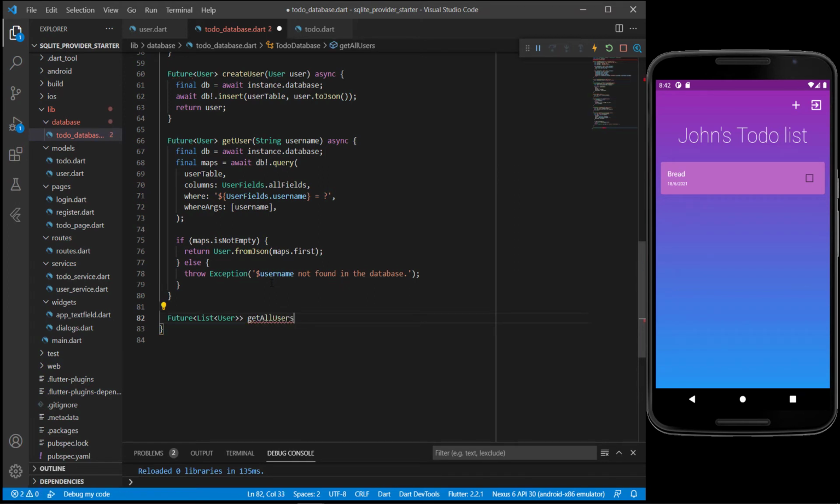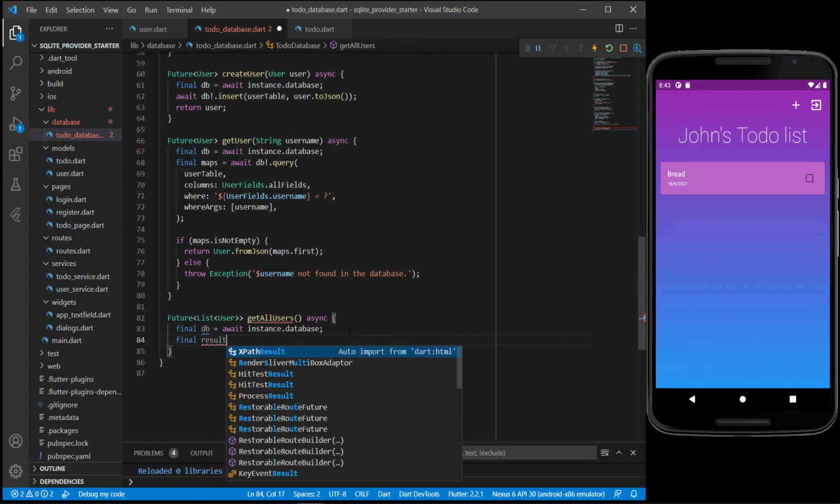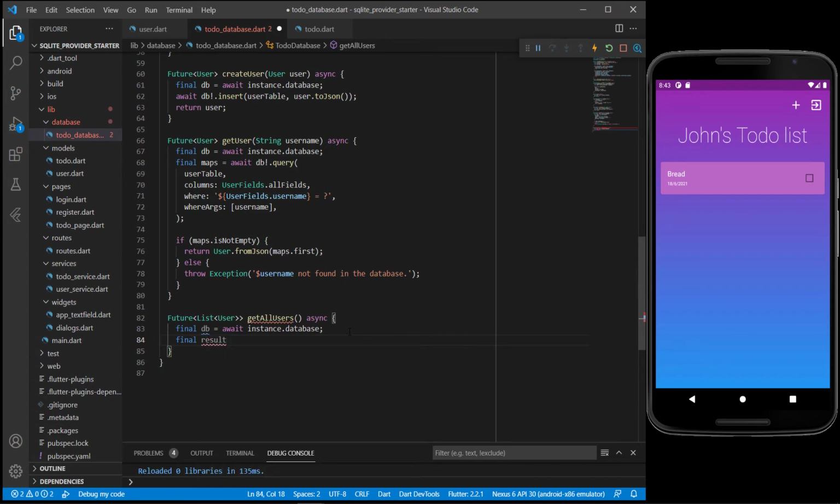Now I'm not going to use this in the app at all, but just to show you that you can also get a list of everything there. So let's get the list of all the users. So I'm going to have a final database again, it will be this await, and it's going to be instance.database again, just like we had there, exactly the same thing. And again, we're going to say final. We can call this result. You can call it maps again, whatever you want. And we're going to say await